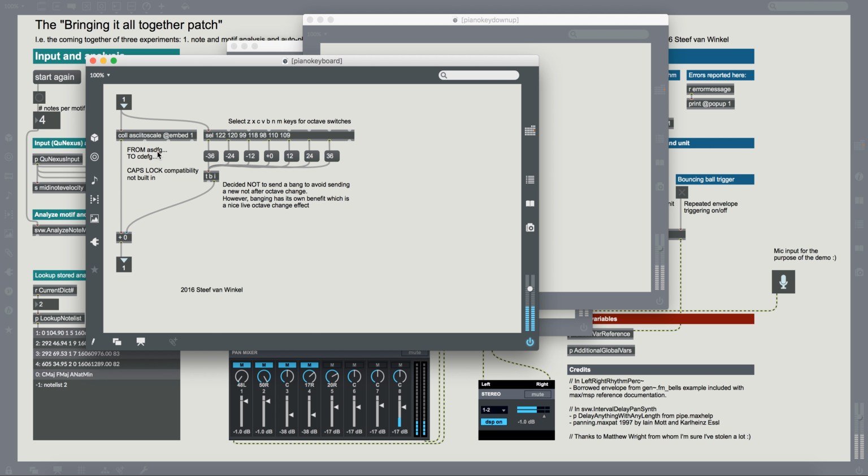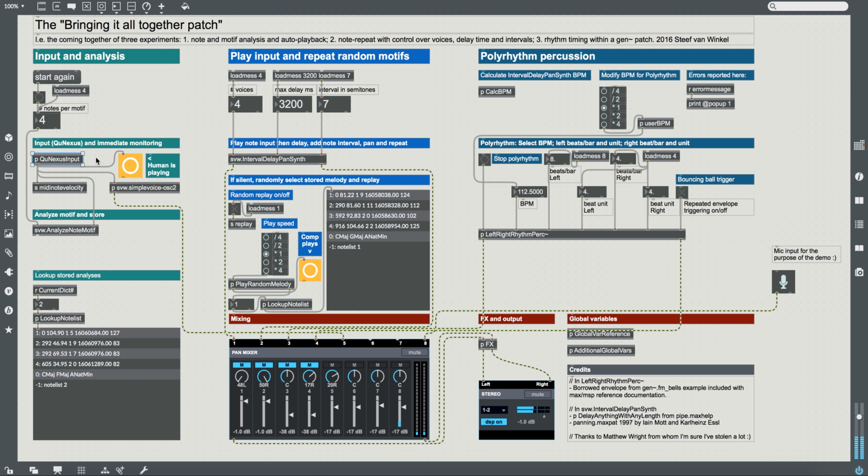So in case you don't have a QNexus and you don't have a MIDI keyboard, what you could do is just hook up this. So I'm copying that now. This piano key down up sub-patch or abstraction, and you could just paste it in here, and then it just works,